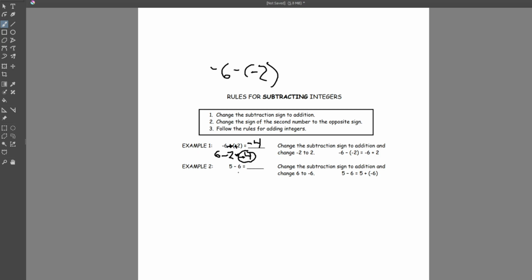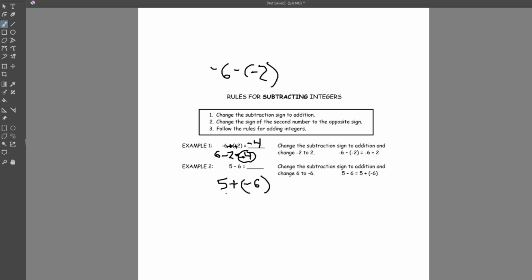All right, so the next one. Now I've got a positive minus an even greater positive. So what I'm going to do is change this again into an addition. So I'm going to do 5 plus, and then the opposite of this was actually a +6, but I'm going to make it a